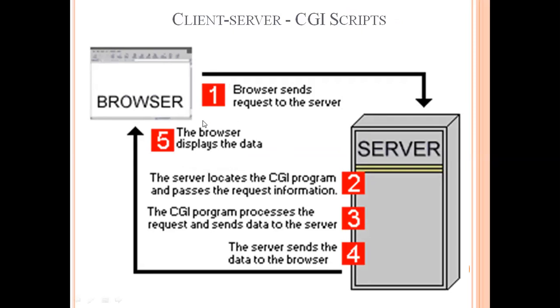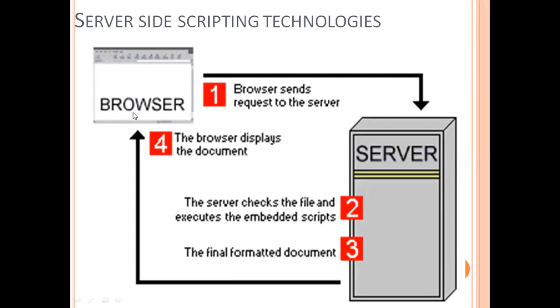So for example, if you are using client server using CGI scripts, from the client we will request for the data. The request will be sent to the server. In server side, we'll have applications, nothing but programs only. But these programs are developed using CGI script. So your particular CGI script will be loaded. It will process your request. It will generate the response, and give a response back to the client. So this client will load and display the response.